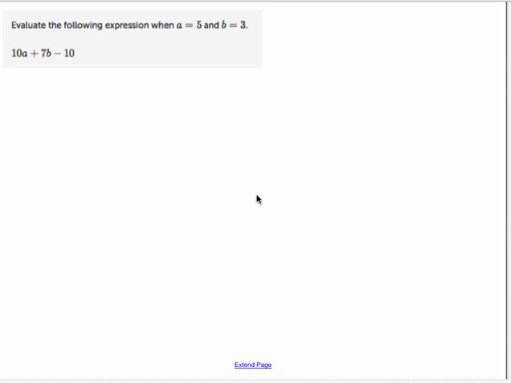Hi Ben, you've asked about how to evaluate the following expressions when you have two variables. So I'll just show you a demonstration of what you need to do. If you have a look, A is representing 5 and B is representing 3. So the way that you need to calculate it